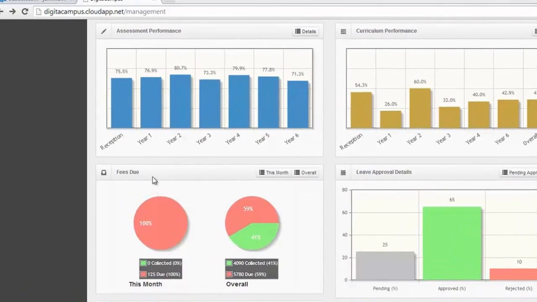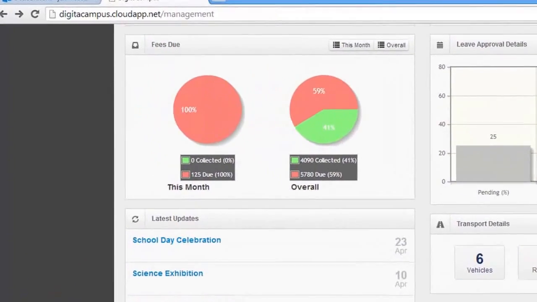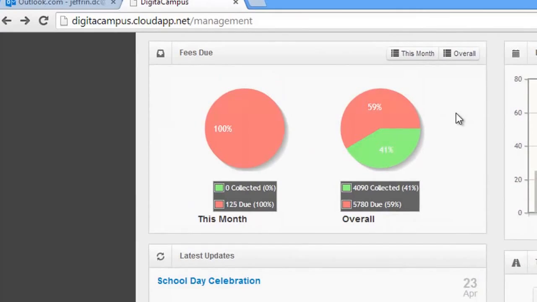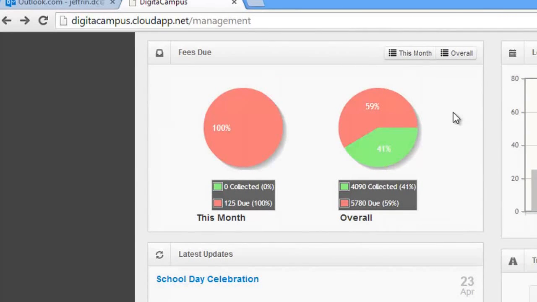Moving on to the next gadget, which is the fee due gadget. This is applicable for institutions which have a fee structure in place, different fee types and different bills which are generated against the users of the institution, which could be a student or a staff. They are all considered here, and this particular gadget tells the management what's